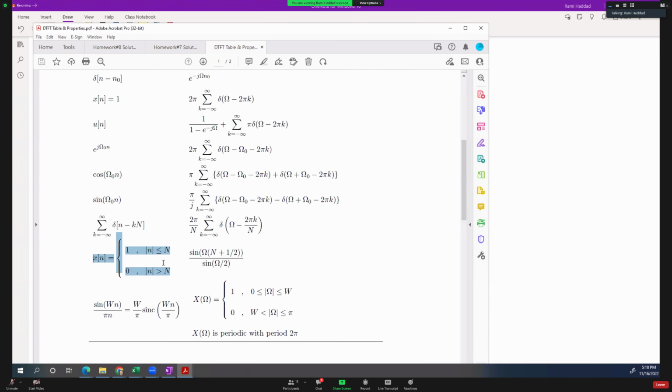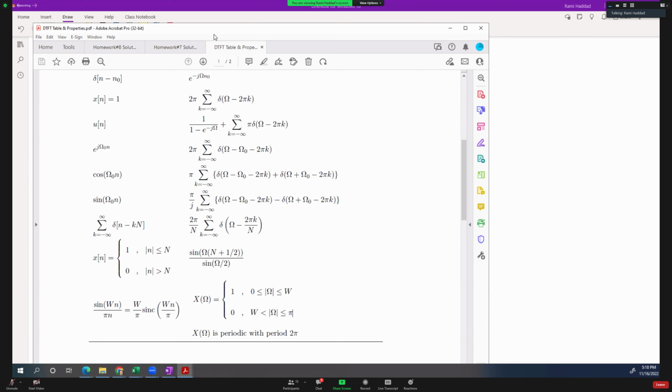Yep, this is the pulse here. This is the pulse function. It's defined as a piecewise function, in this case, with the value of 1 between n and minus n, and this gives you a function that looks like this. Or if you look at it in the frequency domain, this is equivalent to that in the frequency domain, which